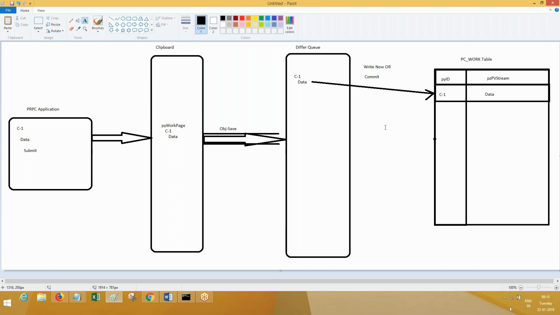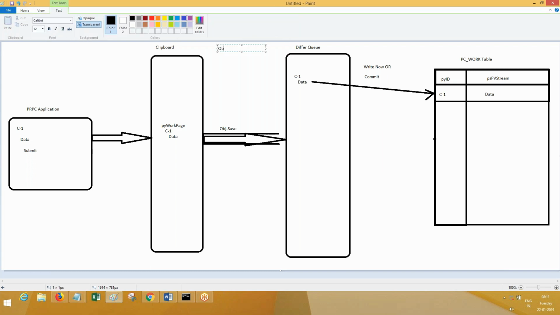Whenever we execute Obj-Save, whether it is work update or your own activity for any kind of data, data will get stored into the defer queue. From the defer queue, after the commit or Write Now is performed, data will be taken into the actual table.